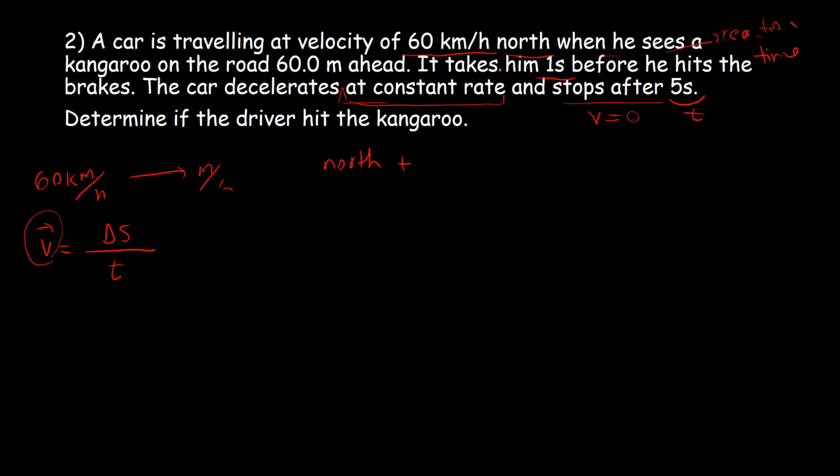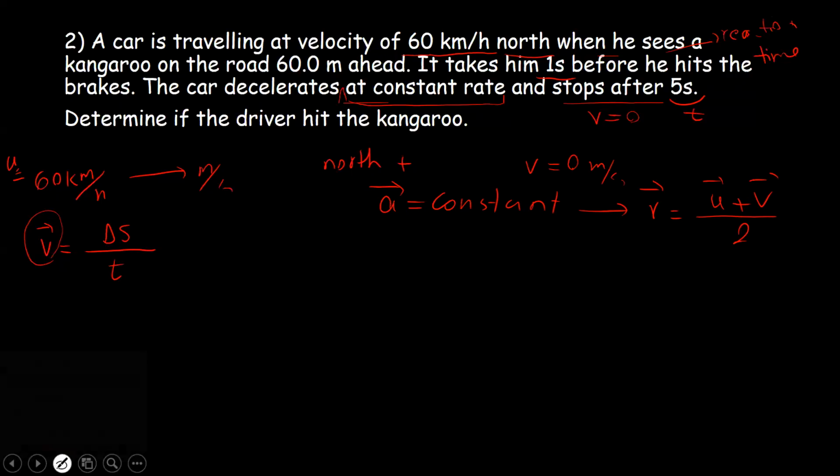We don't have enough data for that. But we know our initial velocity u is 60 kilometers per hour, our final velocity is 0 meters per second, and the acceleration is constant. So when a is constant,